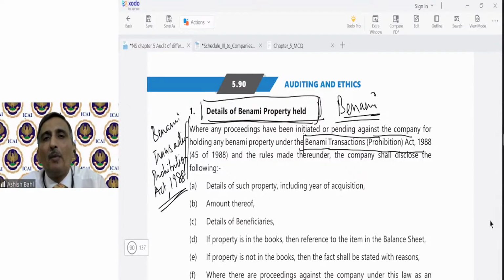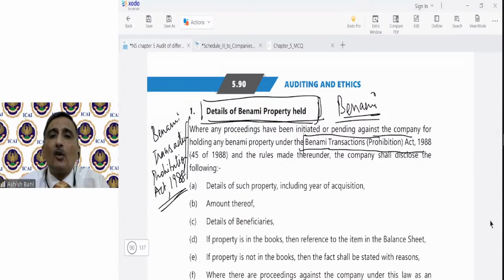So Benami property can include immovable property also and movable property also. Say if somebody keeps cash in locker of somebody else, then it is also covered, and any immovable property is also covered. So you have to understand only this much,